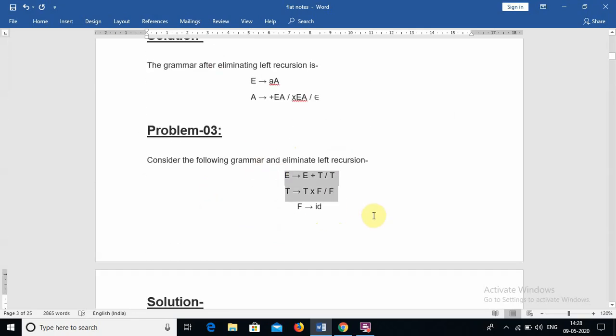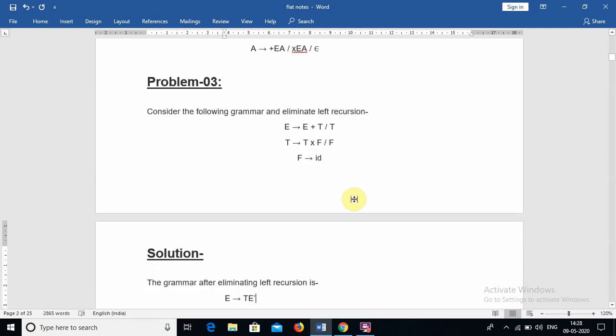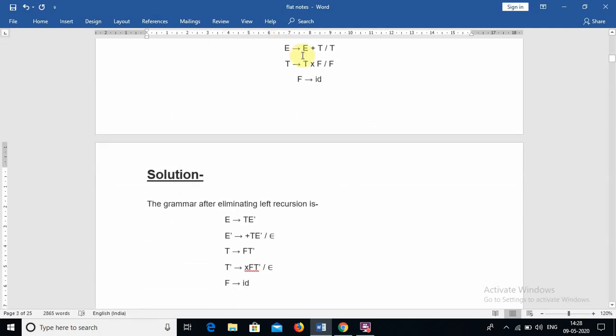So here we have another problem, E to E, T to T, F. We don't have any left recursion in the last one, so from these two we have to remove left recursion. So E to E plus T is one production rule, E to T is one production rule. So T E1 we can define. What is E1? E1 is nothing but plus T E1 slash epsilon. Okay, so this is the grammar after removing the left recursion.